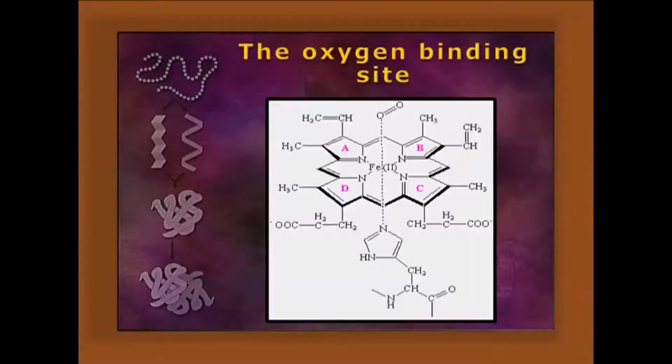The oxygen binding site: I have already told you that iron is within the heme, which is the prosthetic group, and here it is octahedrally coordinated. The 4 ligand binding sites are occupied by the nitrogens of the tetrapyrrole ring. The 5th binding site is connected with the proximal histidine, and the 6th binding site will be bound to the oxygen, which will be connected to the distal histidine here.